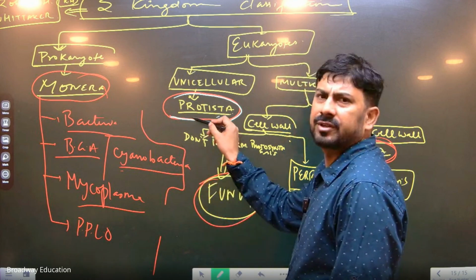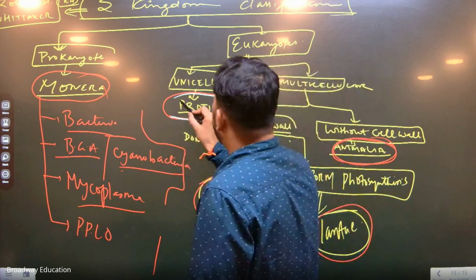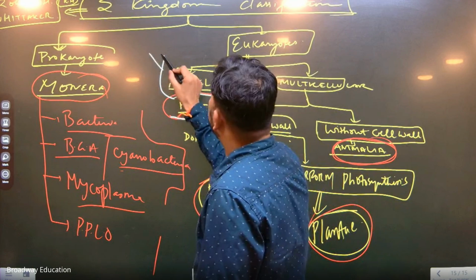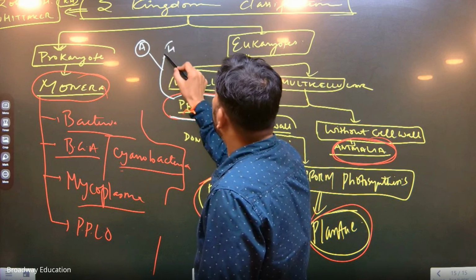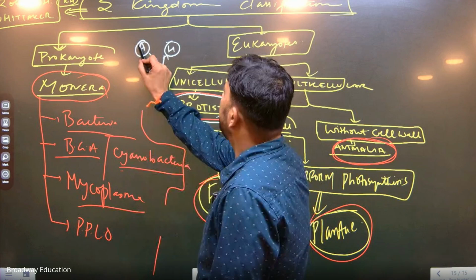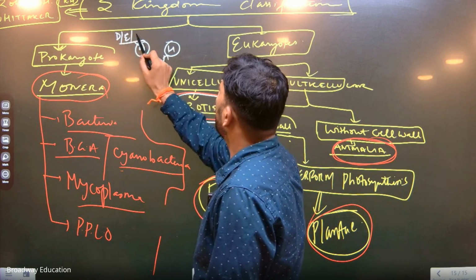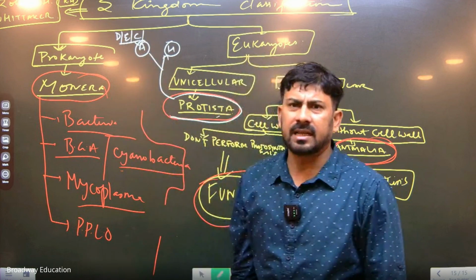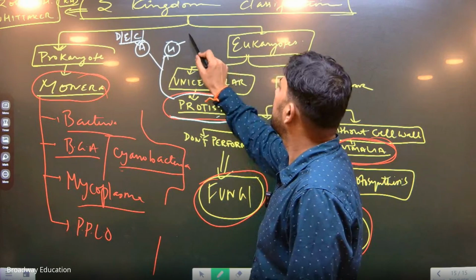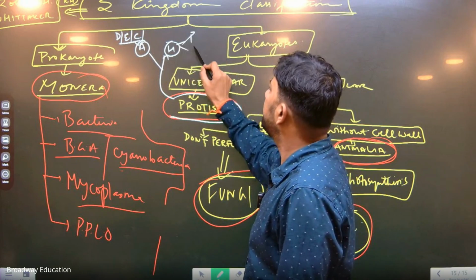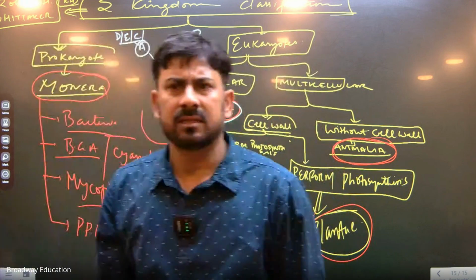I think I have given you the features of protista earlier also. Have you written that? So it can again be of two types. One is autotroph and the other is heterotroph. For autotrophs, the answer will be diatoms, euglena, chlorella, etc. If I ask you about heterotrophs, the answer should be paramecium, amoeba, etc. Is this part clear?